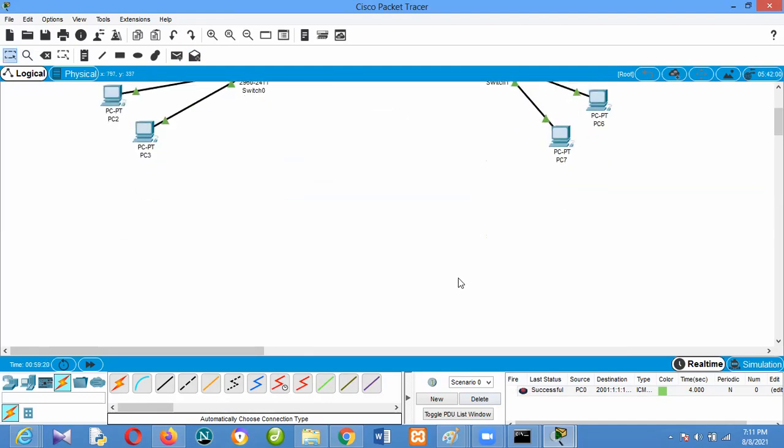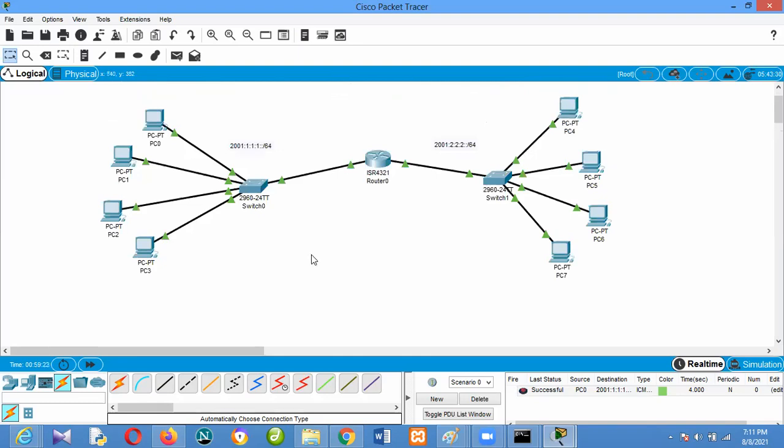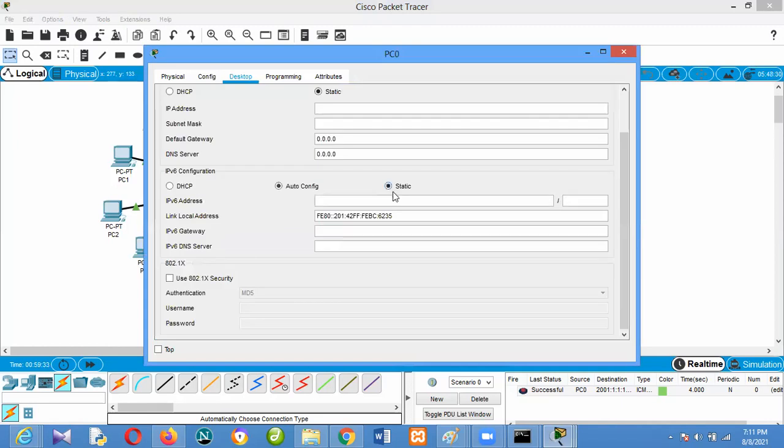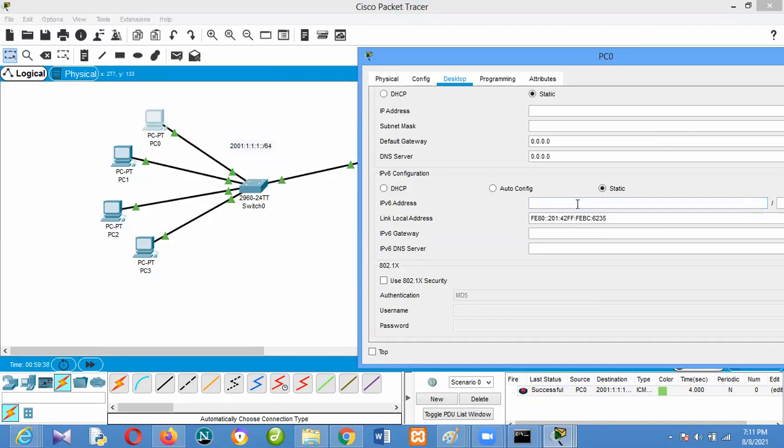Now, what if I want to manually put the IP address myself? I can decide to do it: I come here, IP address, static. Since I know my network is 2001:1:1:1, for my own sanity, I do that.